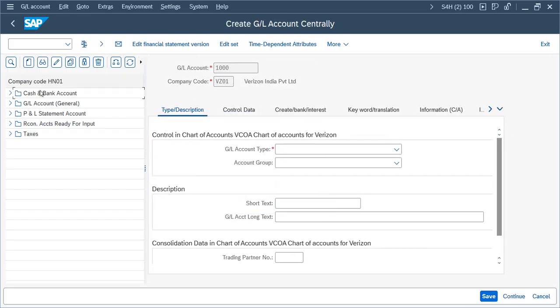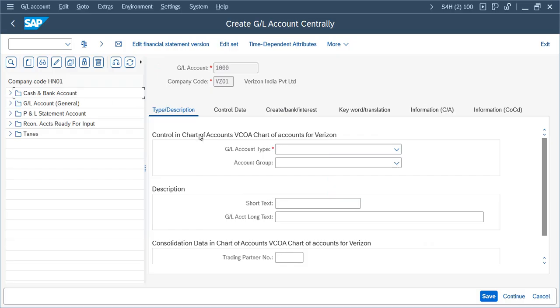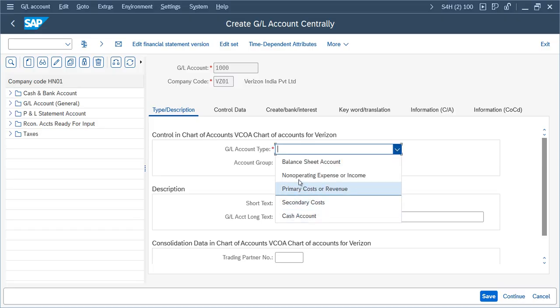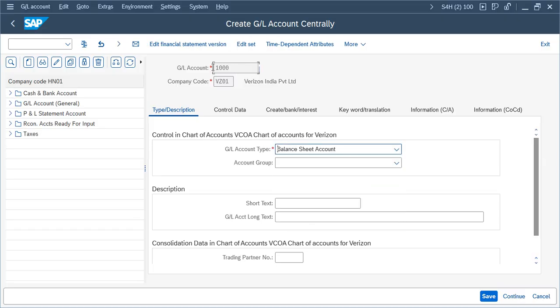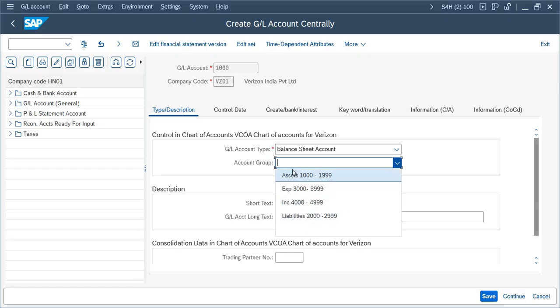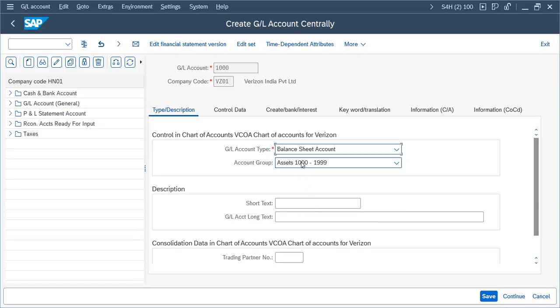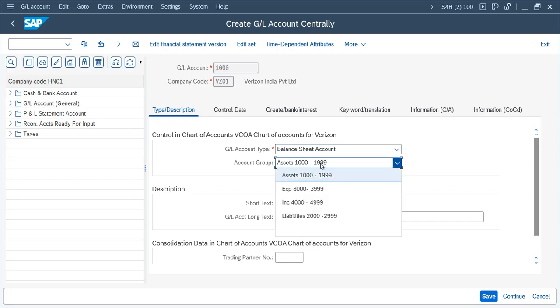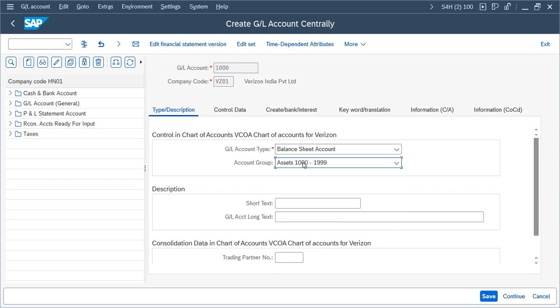So this is not ours, okay? This will get changed for the next time when you open it after creating the first GL account. GL account type is balance sheet. So asset, I'm creating one asset account which is cash account. So cash account comes under a bank account. Bank account comes under balance sheet account. And this is assets. So the number you can see, the description over here. That's the reason in the account group I have mentioned the description also to identify easily. 1000. So bank account,